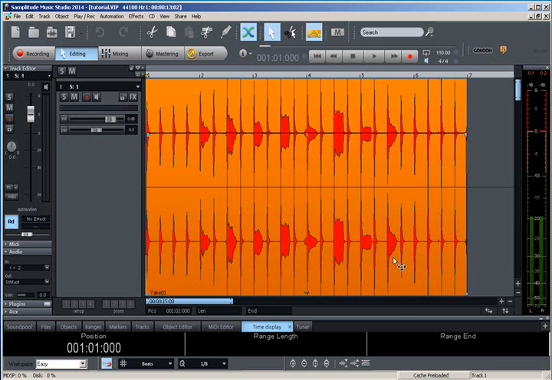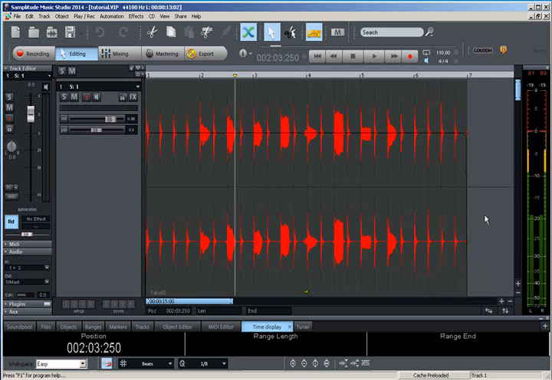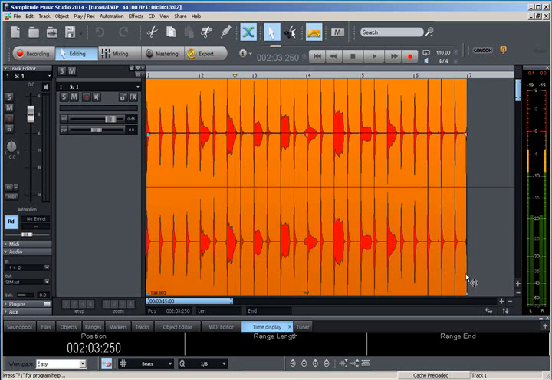Now you can see that basically everywhere where you see a red tick here will be the sound of the metronome. The reason why it's apparent is because it came through on the recording of my microphone. So we'll do a little bit of editing in order to get rid of some of that. But first I would like you to take a look at this